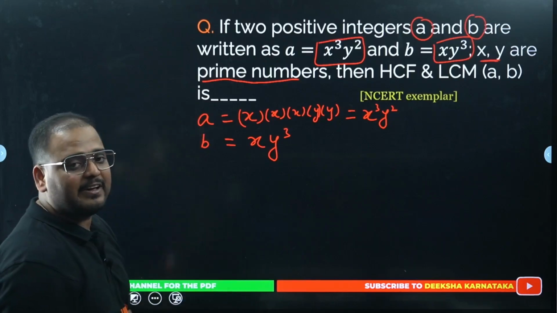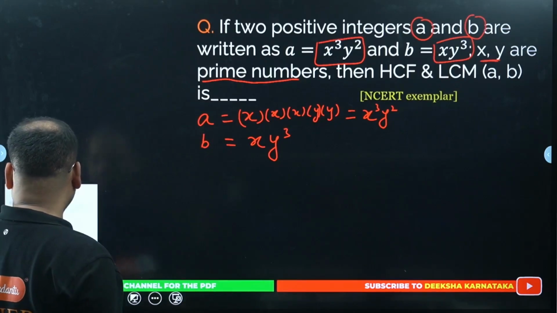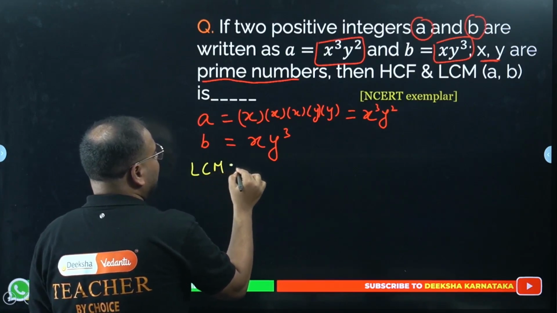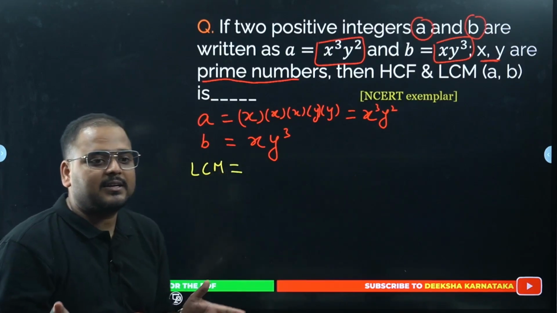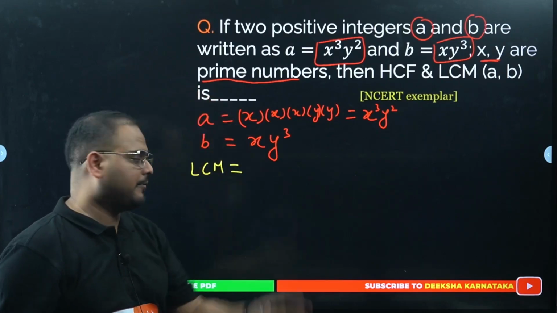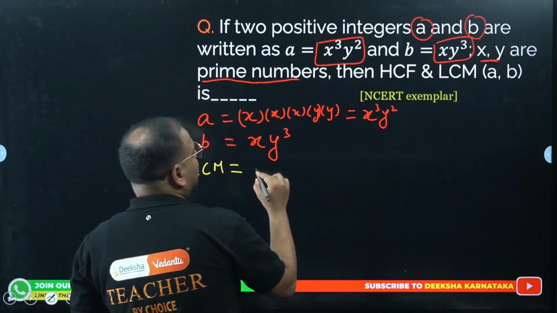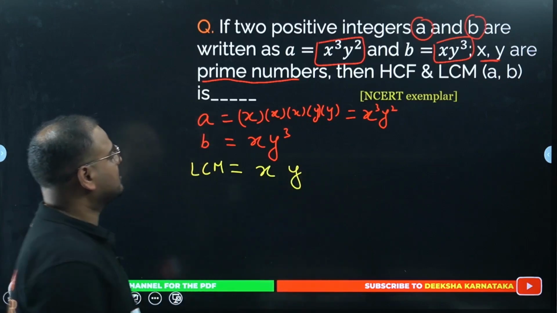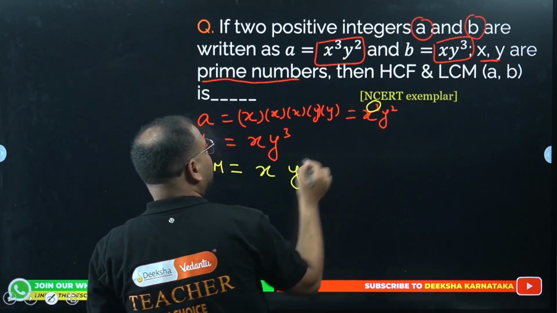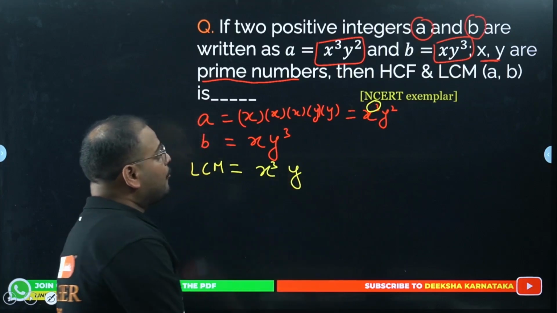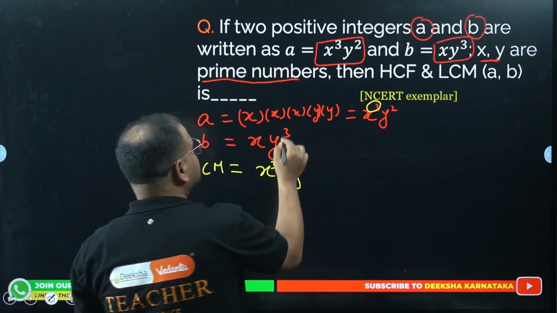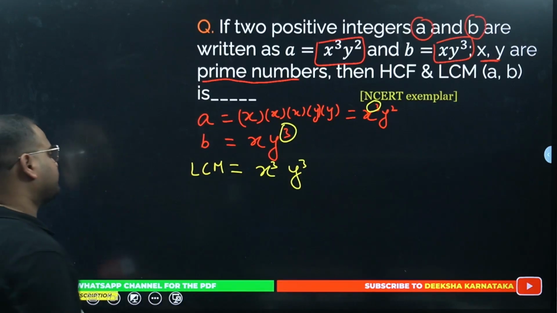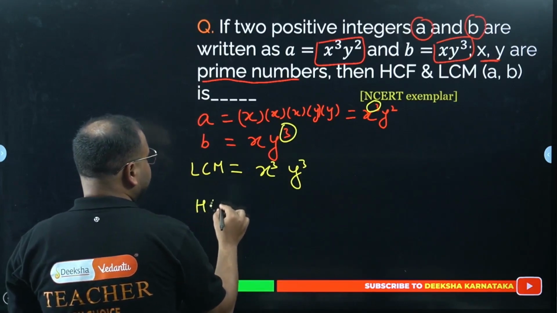You have to find HCF and LCM. Let's do it. LCM, what have we learnt? All the factors taken once, highest power. All the factors are what, sir? Only x and y is there. Highest power of x is what, sir? Here we have 3. Write this as 3. Highest power of y, 3 only, sir. So 3. What is LCM? x cube y cube.